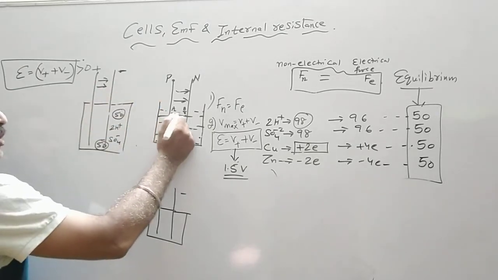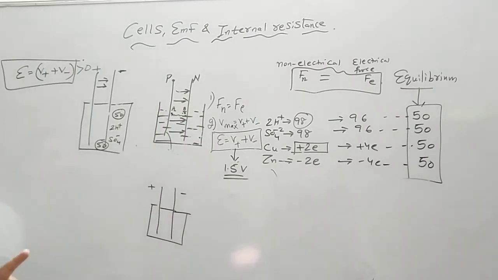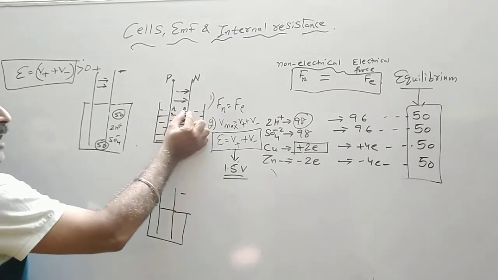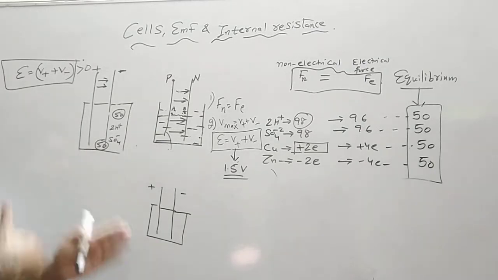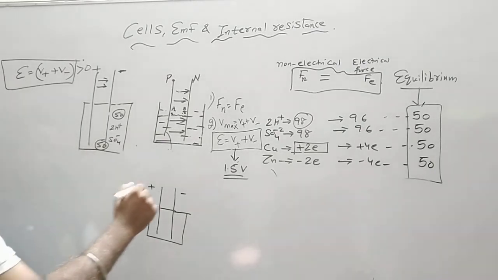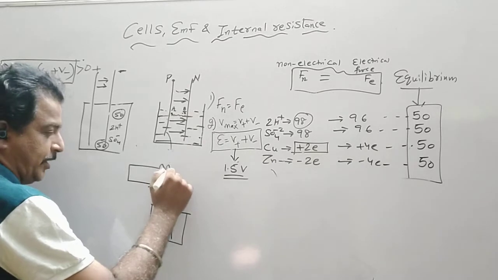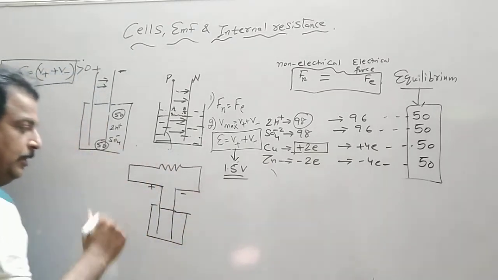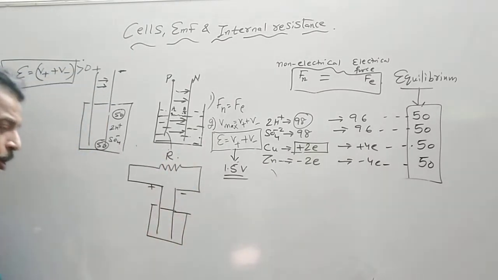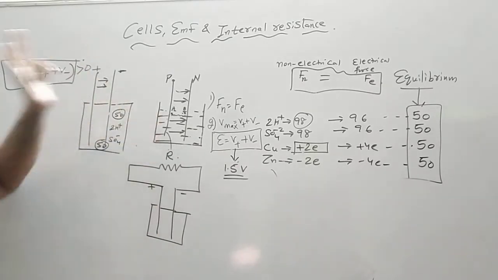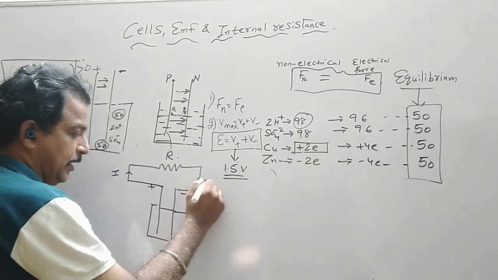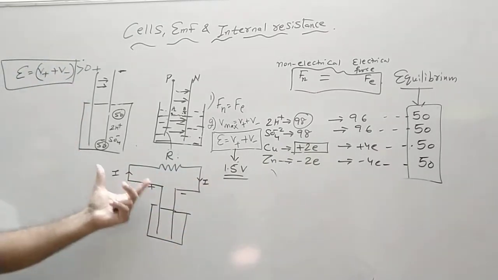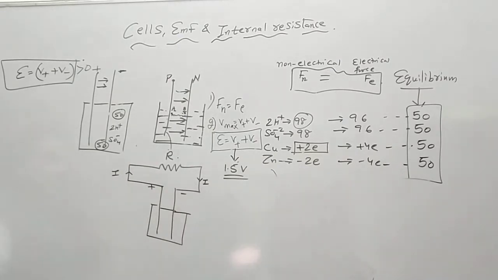So the potential difference between A and B is taken as 0, and therefore we were left with the potential difference between P and N, which was V plus, V minus. Now the situation will change. As soon as I connect a resistance, that is our device, a remote control or a clock or a conductor, what will happen? The current will start flowing through this. The current flows from the positive terminal to the negative terminal.